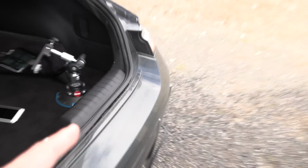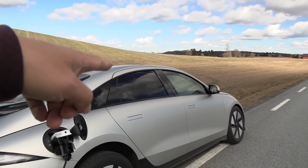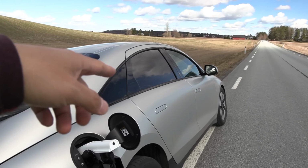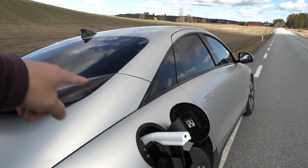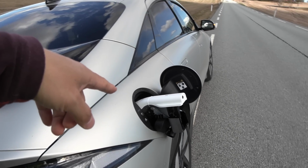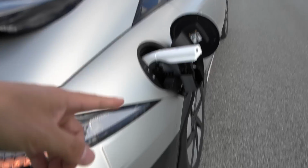Which means that I estimated that there is a loss. There's always a loss. So if that car reports 3.5 kilowatt, it's possibly what the DC battery delivers. And then via the onboard charger, it seems to be somewhere between 6 and 8% loss in the DC-AC conversion. And that's why we are getting